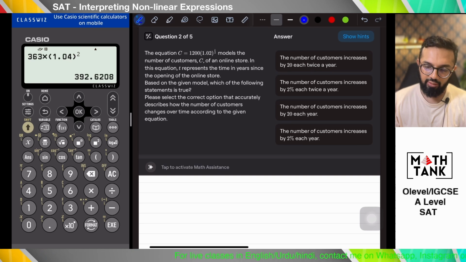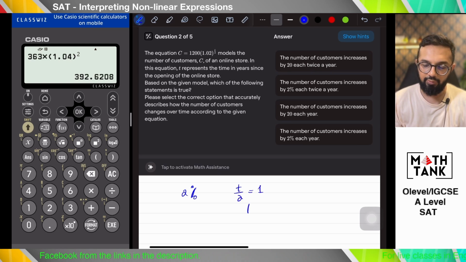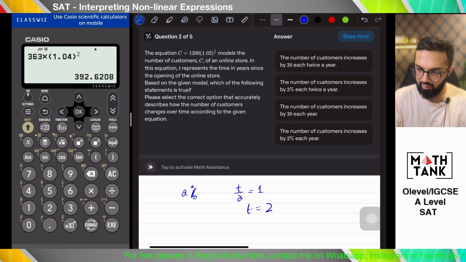Okay, please select the correct answer option that accurately describes how the number of customers changes over time according to the given equation. So I see there's a 2% increase. Okay, and I told you this before, t over 2 equals 1, so t equals 2. So t represents the time in years. So after every 2 years, the cycle sort of runs. Okay, the number of customers increases by 2% twice a year. Okay, the number of customers increases by 20. No, it's,